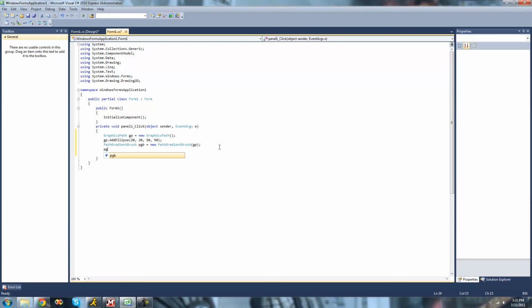So we're just going to do pgb.CenterColor, and I'm going to have it start out with red. So I'm going to do Color.Red. Alright, so now that we have our center color created, we now have to tell it what color we want it to turn into, or colors. We're only going to have it turn into one color though. So we're just going to do